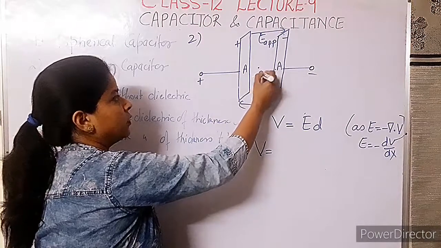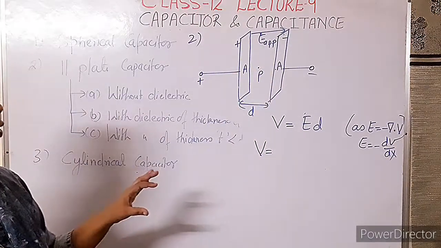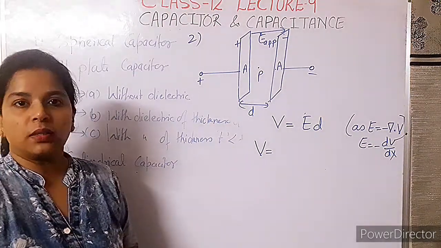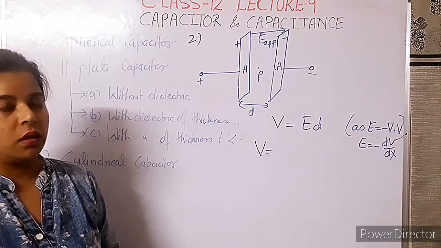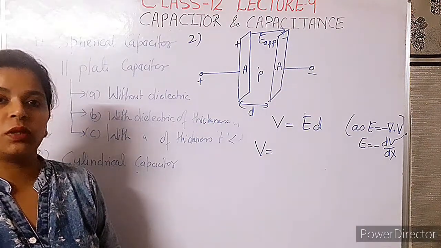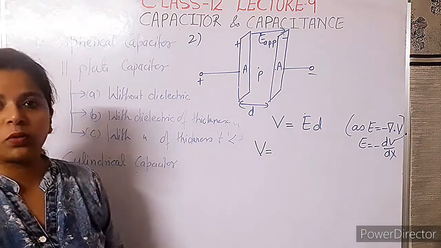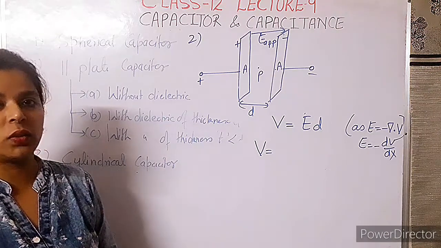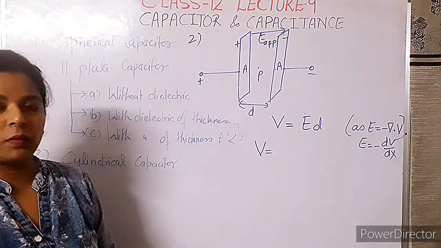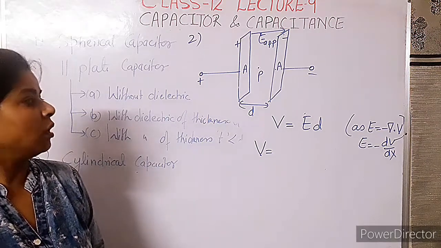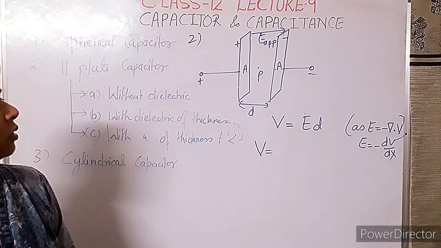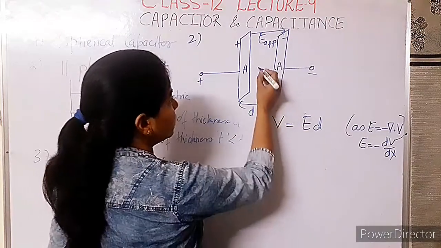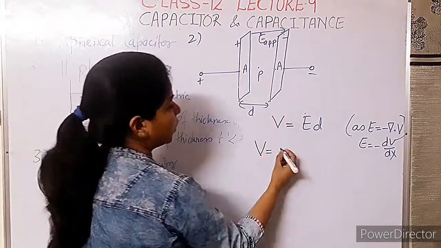We can take any point in between the plate P, and we can get the value of E on the basis of Gauss theorem. Again I have to say one thing, Gauss theorem is the platform, and your train will start, every time your train will start from this platform only. Okay, so remember this thing, if you don't know about Gauss theorem, Gauss law and its application, you can't consider that you can solve these kind of derivation. So it will be better for you to see the previous video that I made for Gauss theorem and its application.